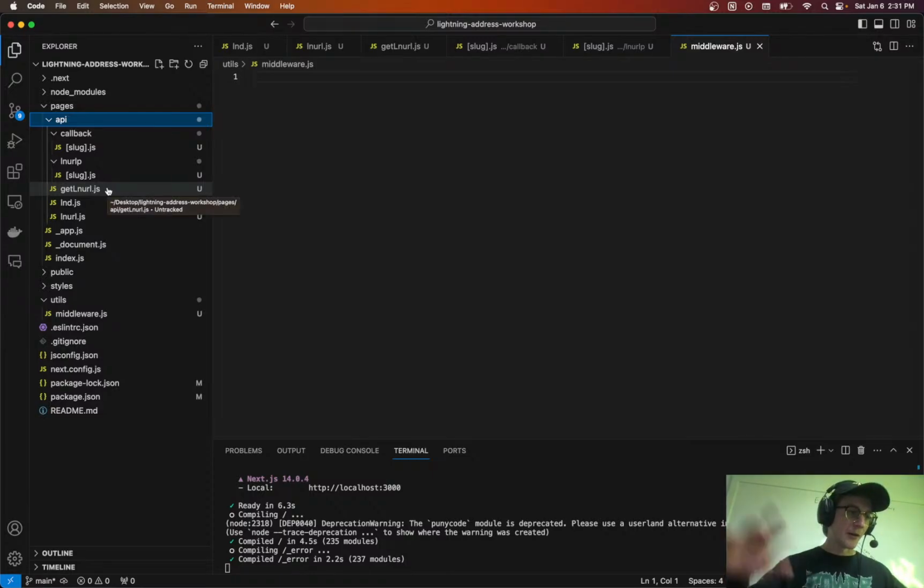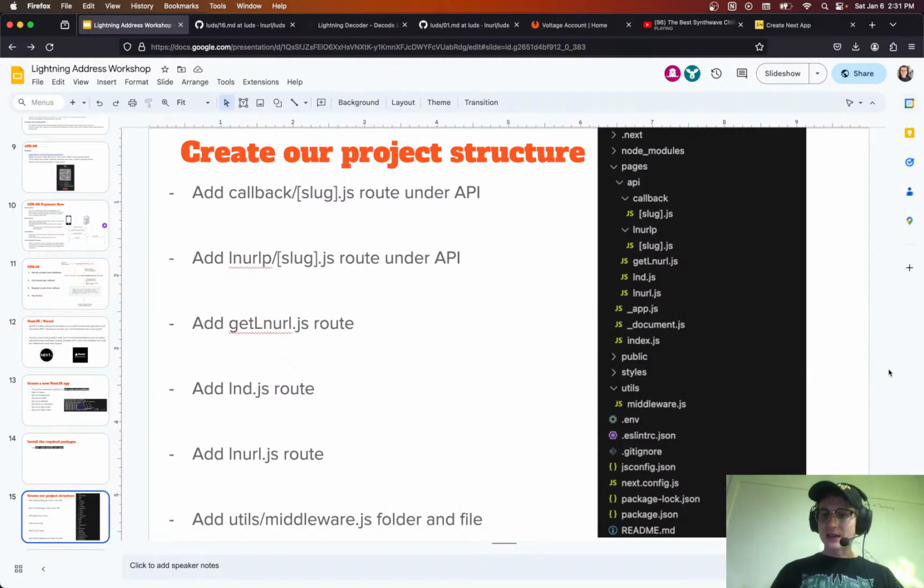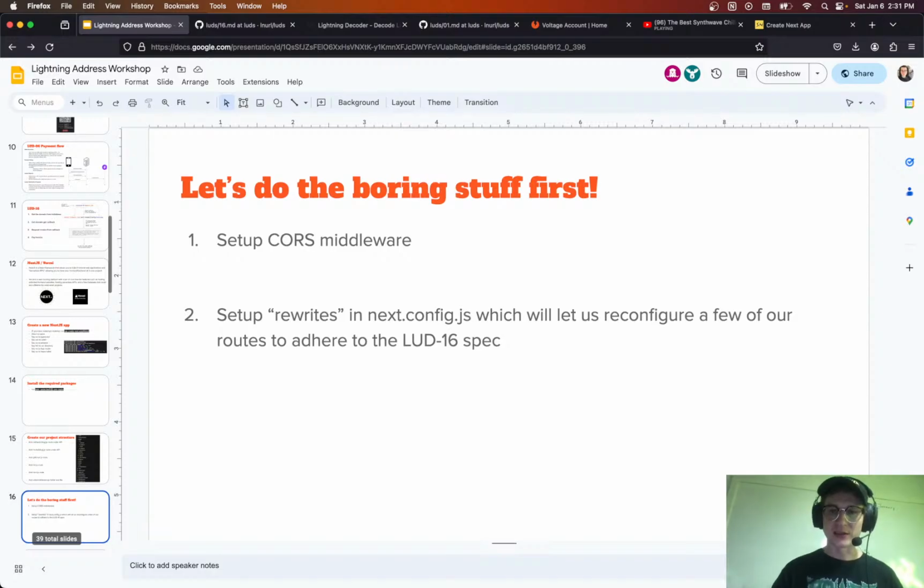Okay. I know this is a lot. We're just setting all this up, but don't worry, this will make things easier in the end. It's like our structure is in place, and we're going to systematically implement the LNURL spec and add all of our code in, piece by piece. So with all of that set up, next we actually need to do a few boring things, a few just configuration things that are going to be required for us to follow the spec and to deal with having a